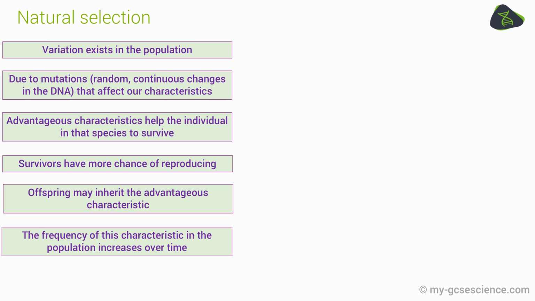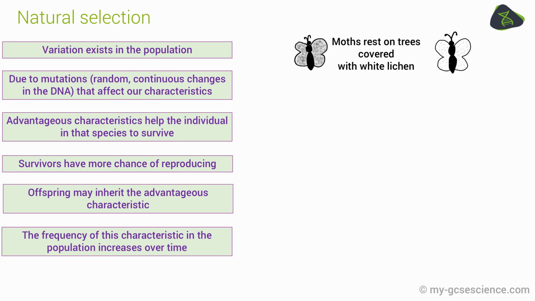A classic textbook example of natural selection is looking at the peppered moth. So there is a type of moth that lives in Britain, and at some point a mutation occurred and created a melanic form, the dark version of this moth, which was different to the paler version of the moth pictured on the right. Now, when moths aren't flying around, they like to rest, and they often rest on the bark